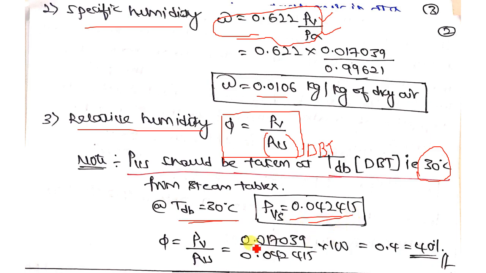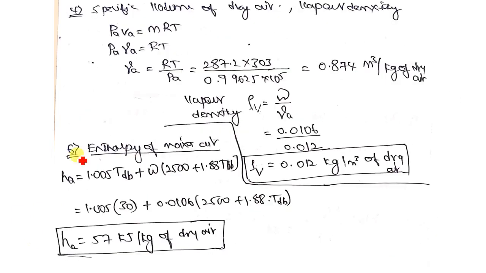Next, the specific volume of dry air. How do you calculate the specific volume of dry air? Go for the ideal gas equation, which states PV equals mRT, applied for the air. If you divide by m, it becomes specific in nature, so capital V becomes small v. So va equals RT divided by PA. The R value you will generally know, and if not, you have to remember this. The T value is the dry bulb temperature in Kelvin, and the PA value you know. Substitute all the values and you will get the volume of air.